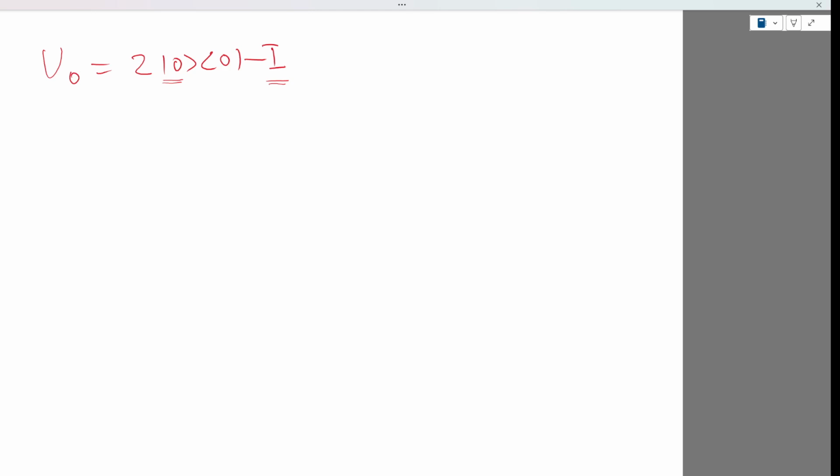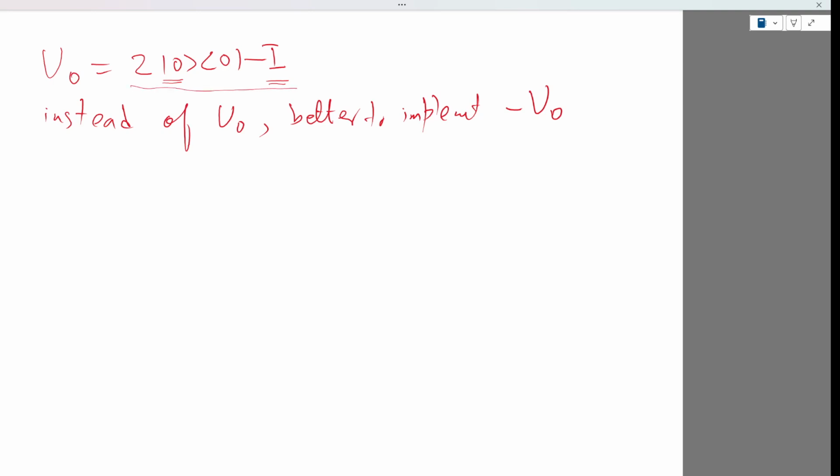But instead of this, it's actually better to implement minus U naught. The reason is this: implementing this gate requires a lot of gates, and that will introduce